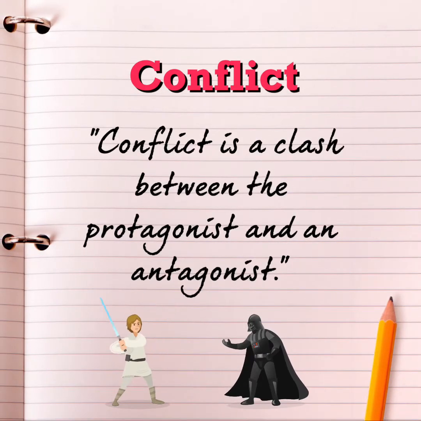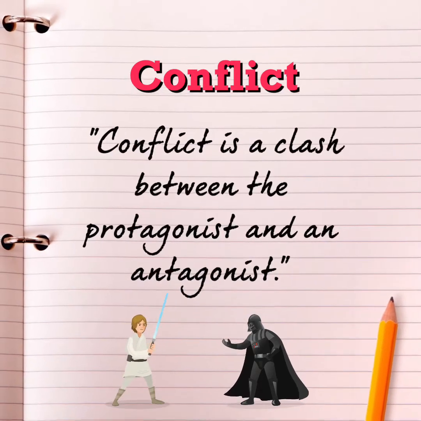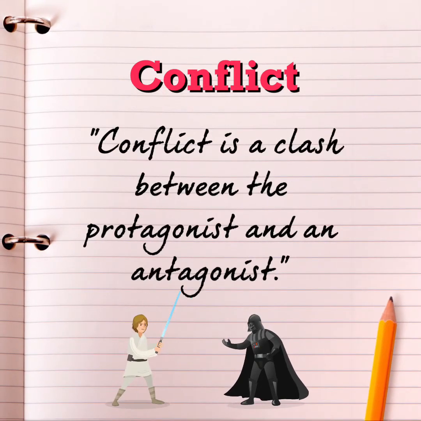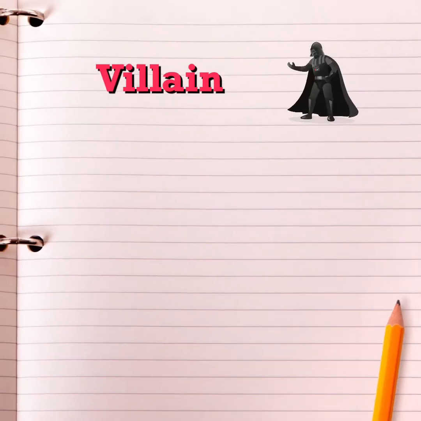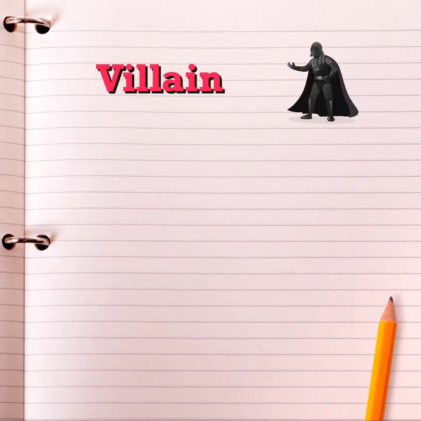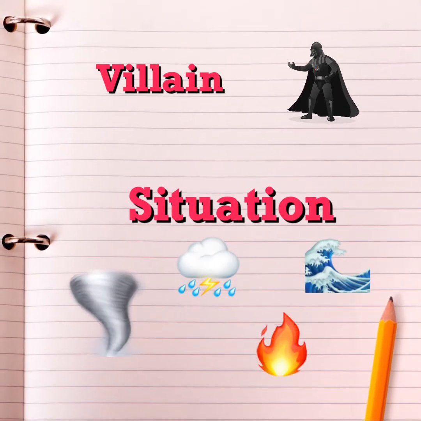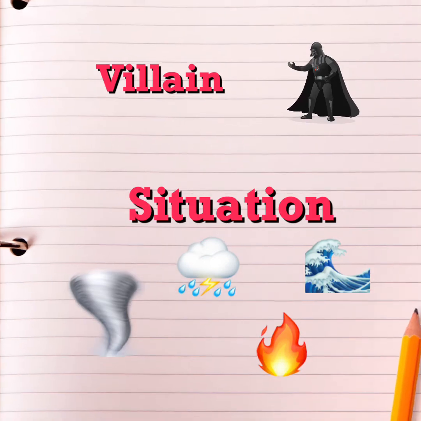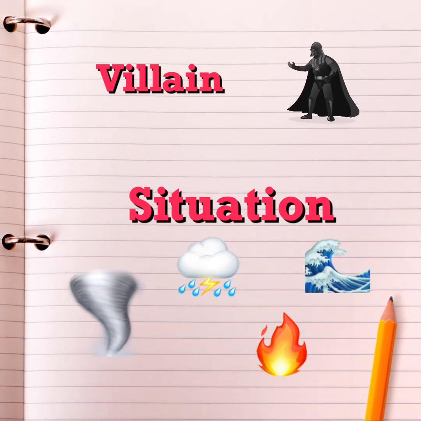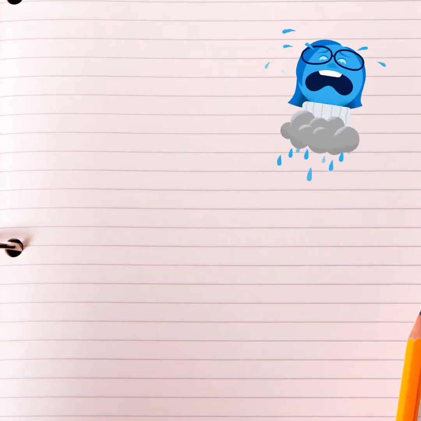Conflict is the clash between the protagonist, a story's principal character, and an antagonist, someone or something presented in opposition to the protagonist. Sometimes the antagonist is a villain. More often, he or she simply represents a conflicting point of view or advocates a course of action different from the one the protagonist follows. But sometimes the antagonist is not a character, but a kind of situation, for instance, war, poverty, or a natural disaster such as a flood or a storm.